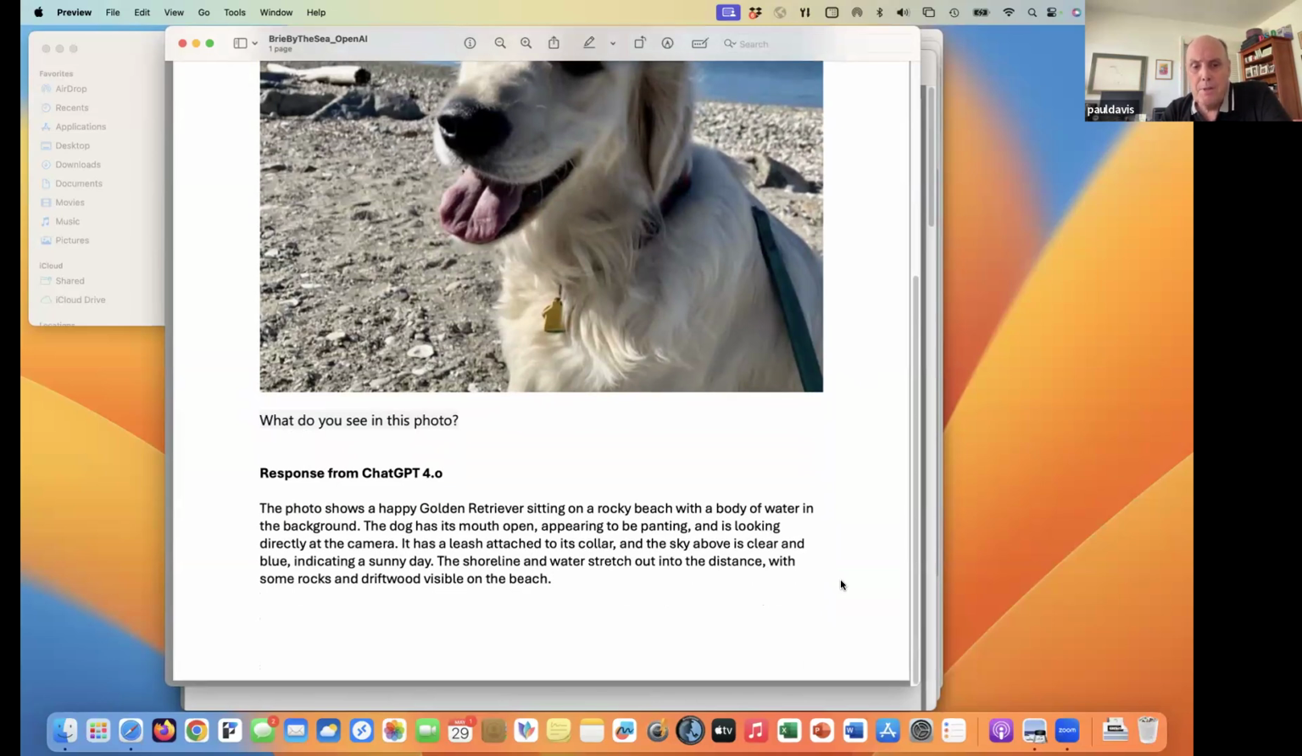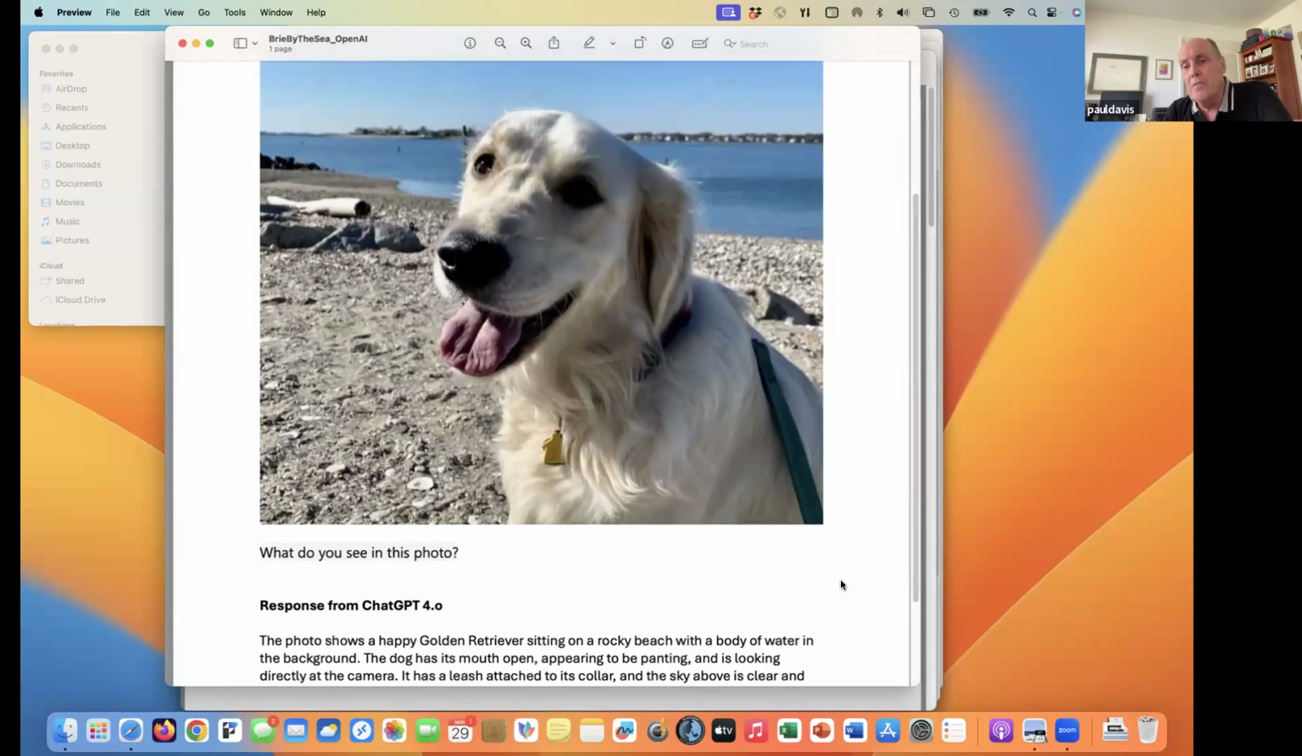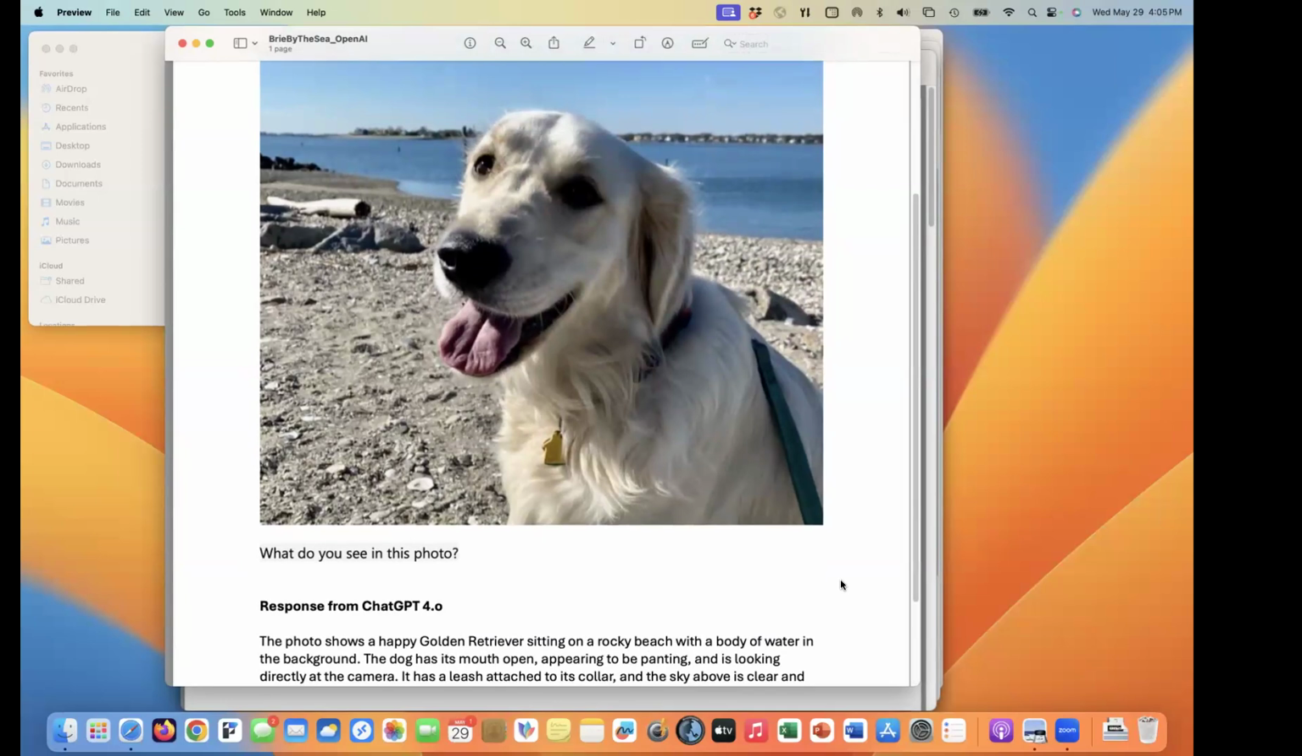The photo shows a happy golden retriever sitting on a rocky beach with a body of water in the background. The dog has its mouth open, appearing to be panting, and is looking directly at the camera. It has a leash attached to its collar, and the sky above is clear and blue, indicating a sunny day. The shoreline and water stretch out into the distance with some rocks and driftwood visible on the beach. I find that uncannily accurate. Yeah, that's amazing. It missed the houses on the horizon, but other than that,